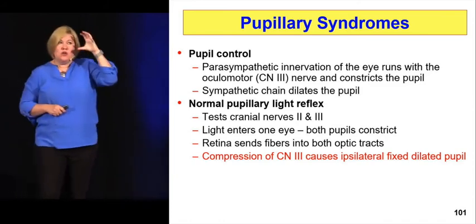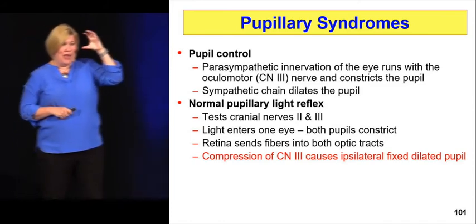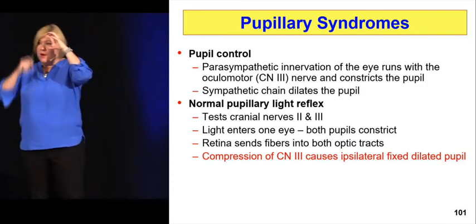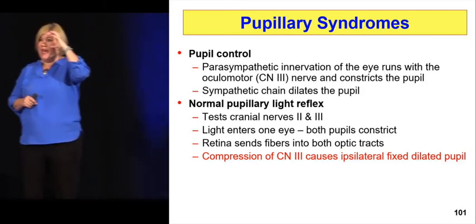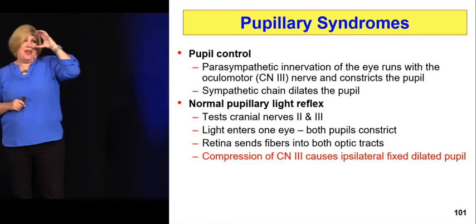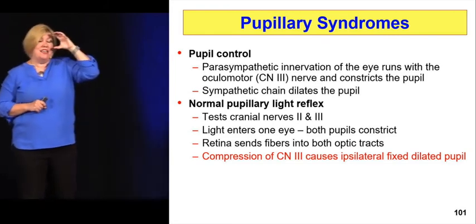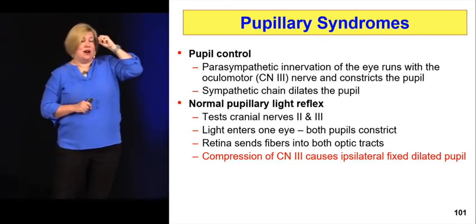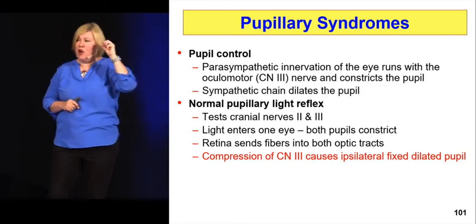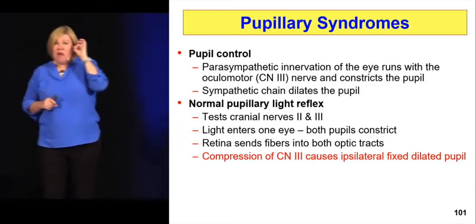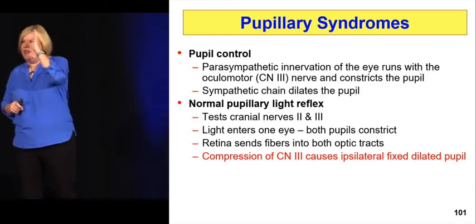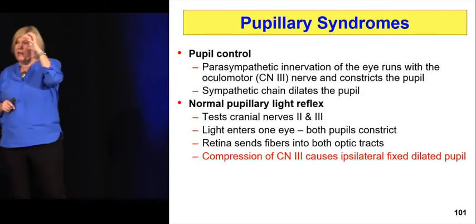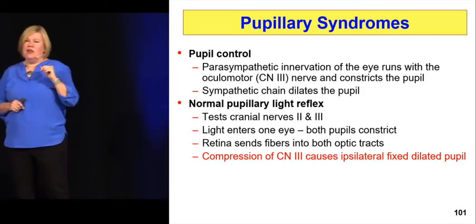So when we have that unilateral dilated pupil, that anisocoria, what do we worry about? We worry about the fact that we have basically unopposed sympathetics. The parasympathetic side isn't working. It's not able to make our eyes smaller. And it runs right alongside with our third nerve. And remember that aneurysms can push right on that area and cause that unopposed sympathetic, basically taking out the parasympathetic